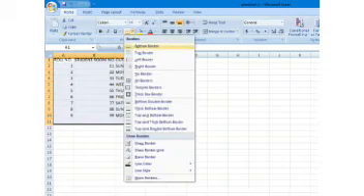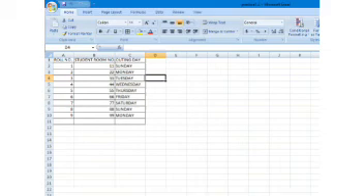From here you can select the border. If you want to add only a bottom border, means if you want a line only at the bottom, you can click on bottom border here. If you want to add a top border, you can select a top border, left border, right border, no border, and all border. So I want all border. Every piece of information should be enhanced, so I want to select all border. So this way we can create an easy table to enhance the informative part of our worksheet.